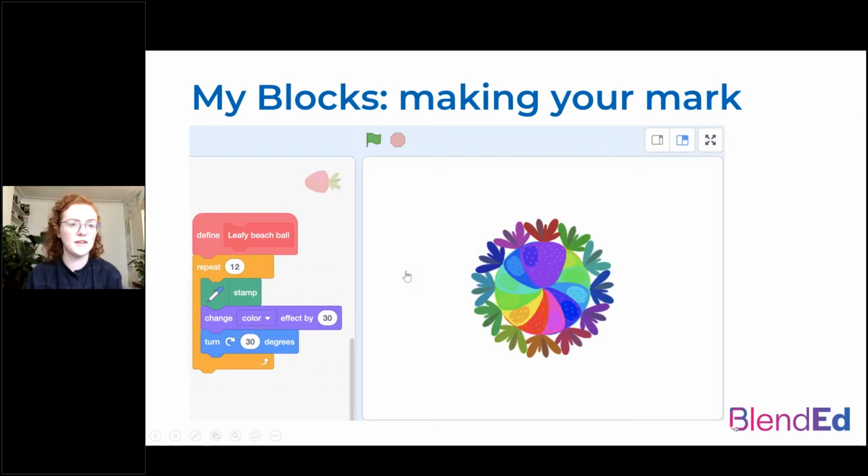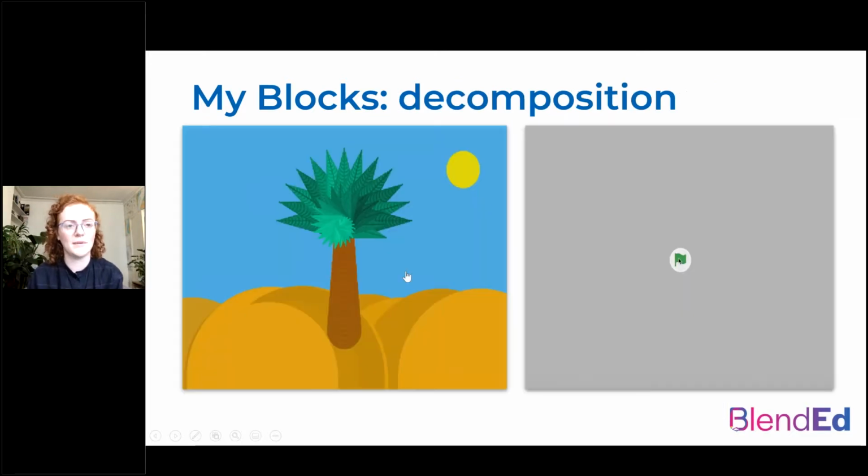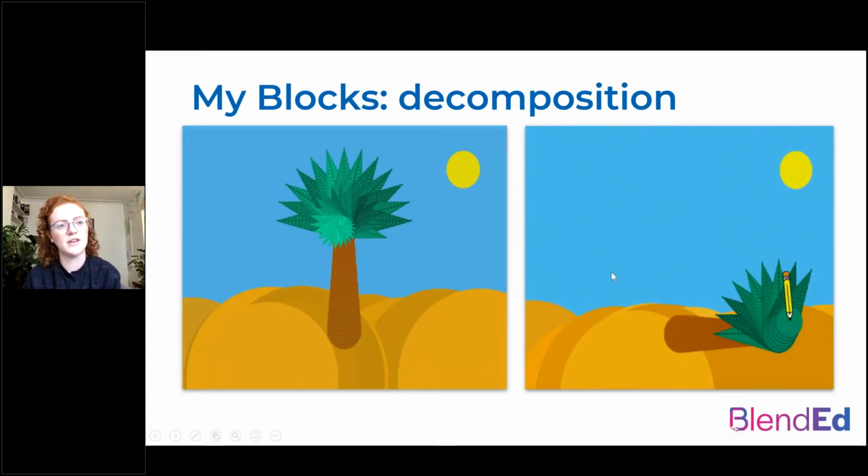Of course, there's another reason that the My Blocks function is really important, and it's all to do with abstraction and decomposition, and really understanding what is happening in a complicated piece of code. This is another targeted task activity, a fix-the-broken-project kind of activity. On the left hand side is what this art project is supposed to produce, and on the right hand side is what it's currently producing. You can see that it's trying to draw the scene, but something's going wrong and the tree is all off to the side. But if we go to the next page,